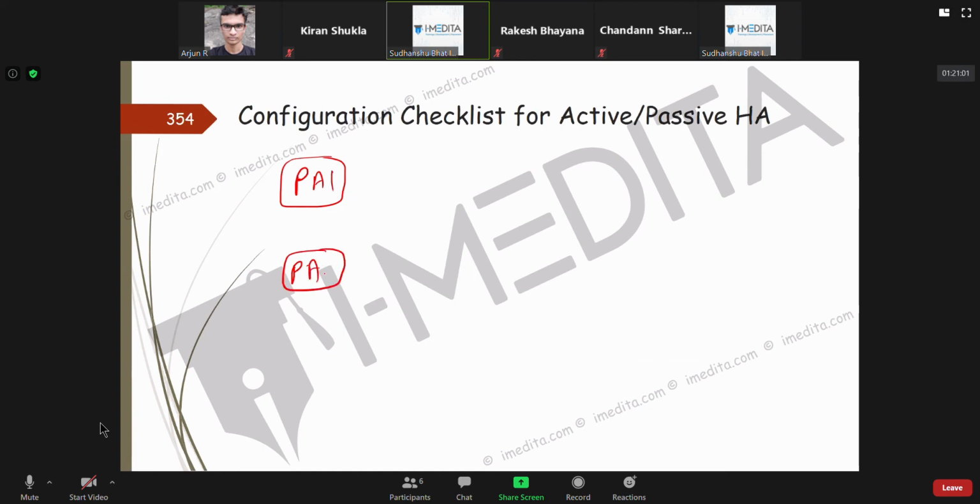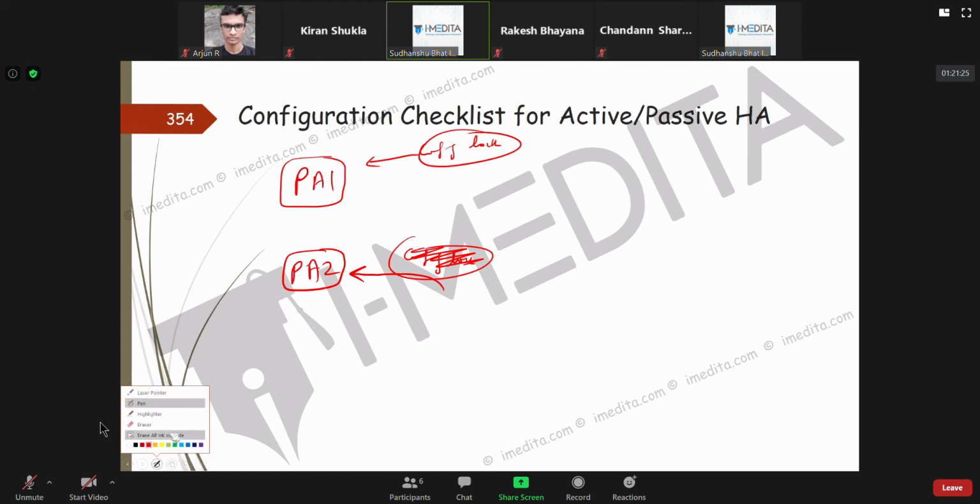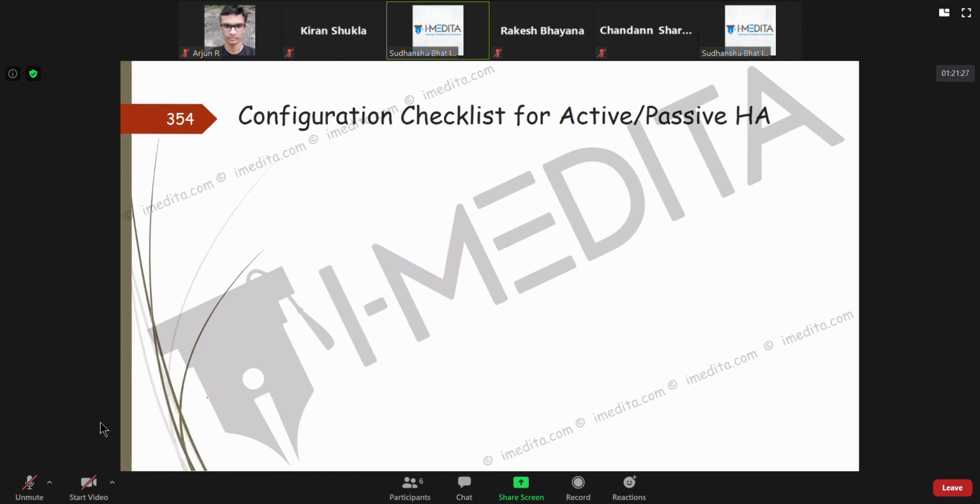Suppose this is Palo Alto 1 and Palo Alto 2. Suppose I take a configuration lock on this firewall. Then that config lock is only on Palo Alto 1. So if somebody makes configuration changes here, there's no configuration lock here because I just took it here. Configuration locks and commit locks don't get synchronized to each other. So if you are thinking, can the other person push the configuration? Yeah, they may be able to do that.